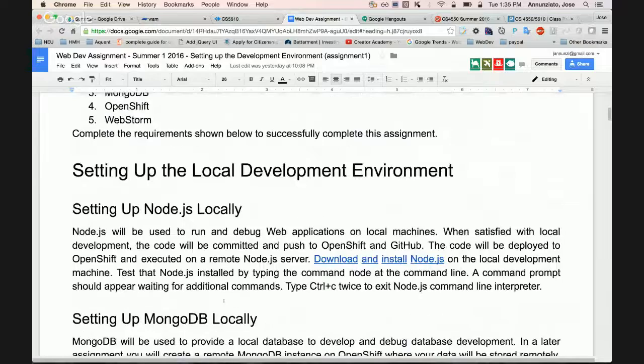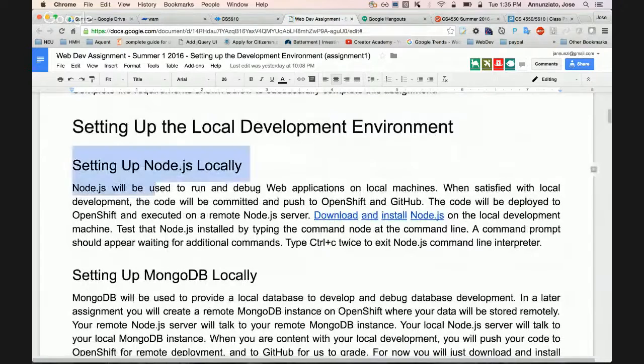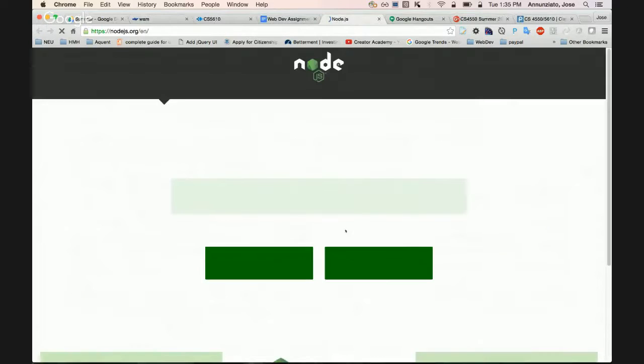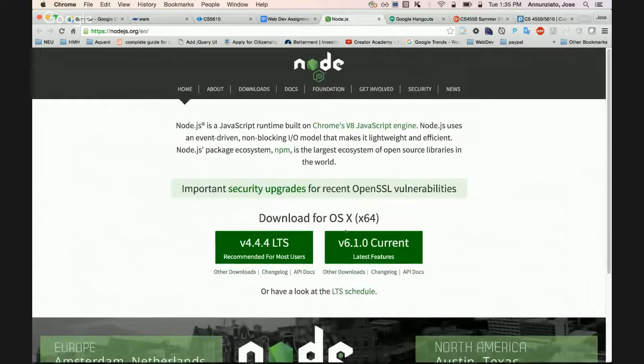So locally, you're going to install Node.js. We went over this yesterday. You can go to the download site, and there'll be a version for Windows or Mac. It doesn't really matter which version. You can try out the latest version, version 6, although I would prefer maybe version 4.